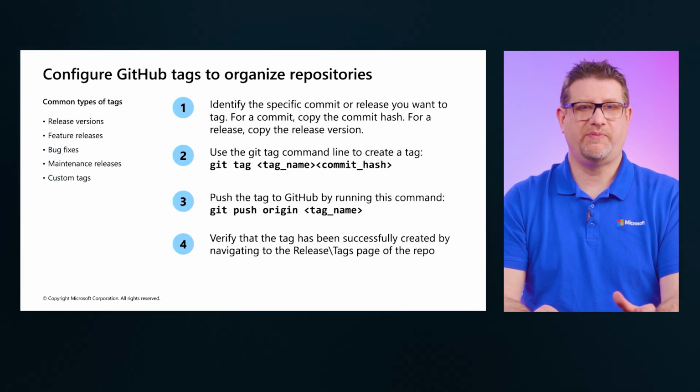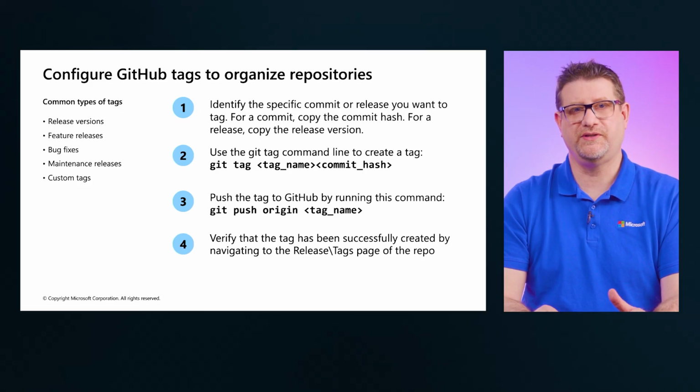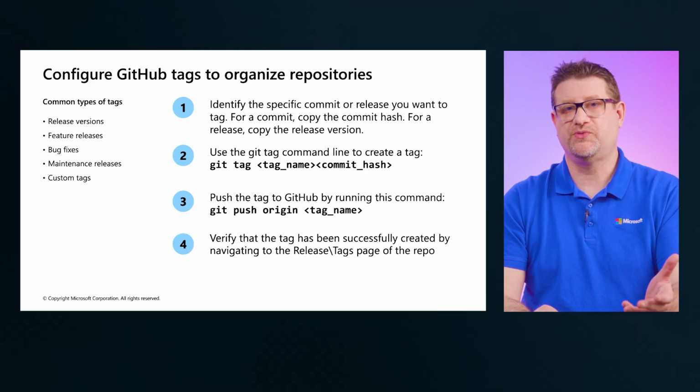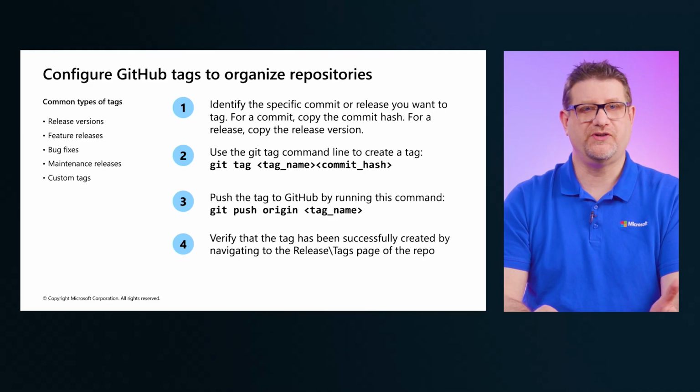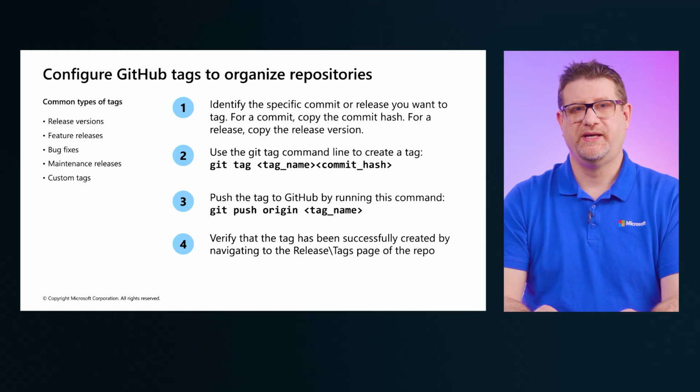Assigning tags in a GitHub repository is a straightforward way to organize and mark important points in your project's history, such as releases or significant commits. To tag a specific commit or release, first locate the commit hash or release version in your repository's history. If you're tagging a commit, copy its hash. For a release, use the version label like